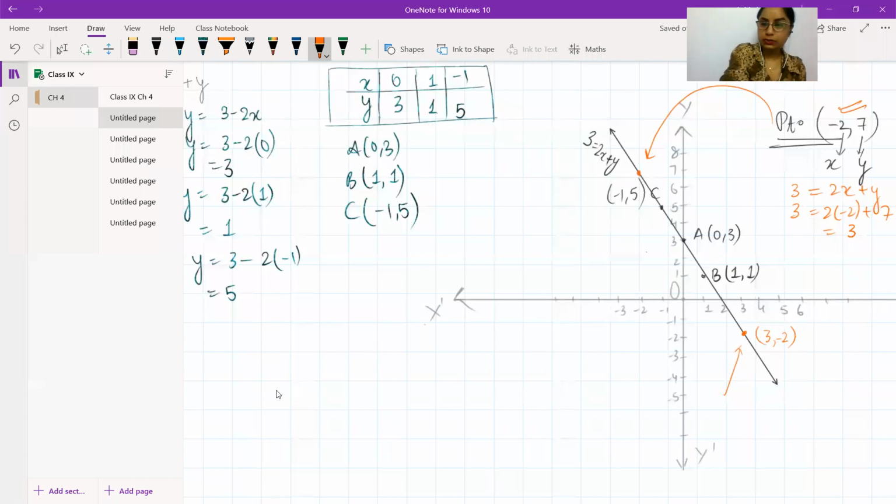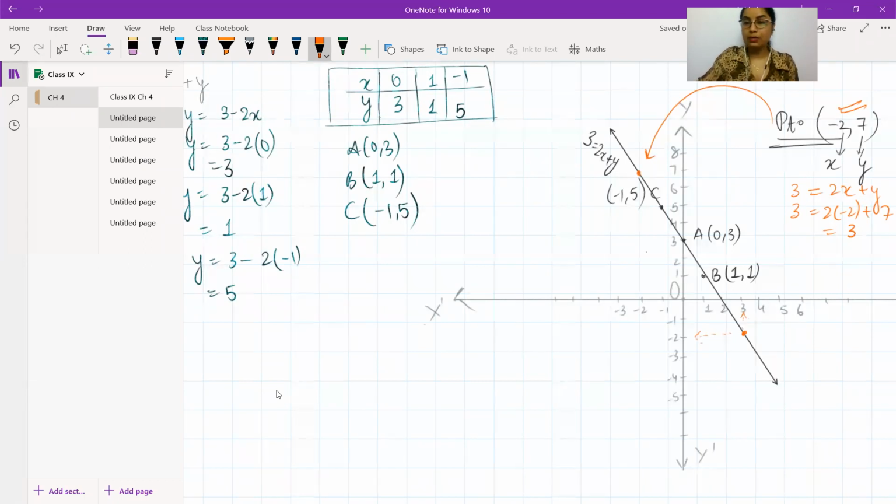What I've done is, okay, let me just take you back. What I have done is, I just marked the point randomly on the line. मैंने randomly कोई point mark कर दिया, आप कहीं पे भी कर सकते हो. और फिर मैंने उस point के coordinates identify किए हैं by looking at the value for the x and the y value. ये किया है मैंने. आप randomly कहीं पे भी ले सकते हो point.